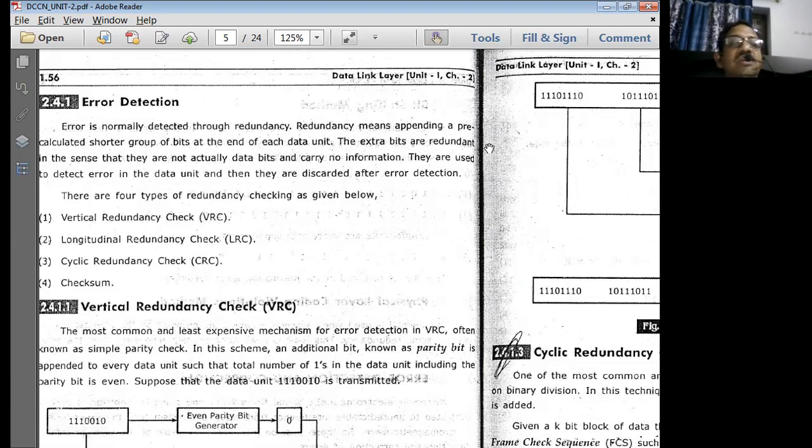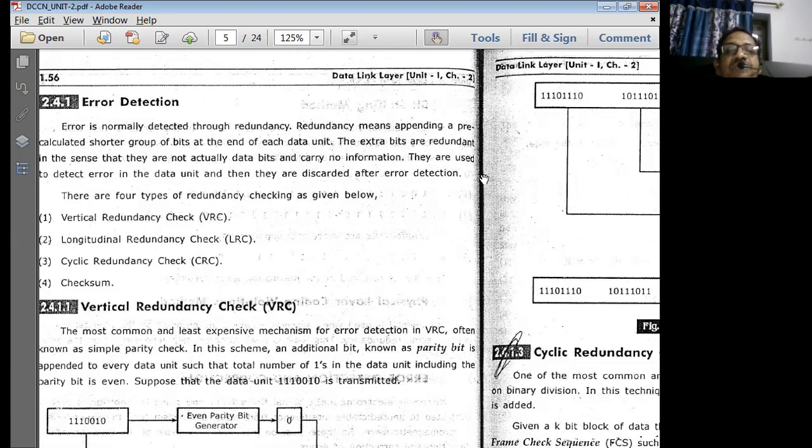The extra bits are redundant in the sense that they are not actually data bits and carry no information. These extra redundant bits do not carry any information. They are used by the receiver to detect errors, if any, in the transmitted data bits by the time they are received.